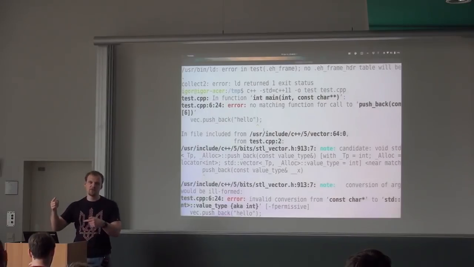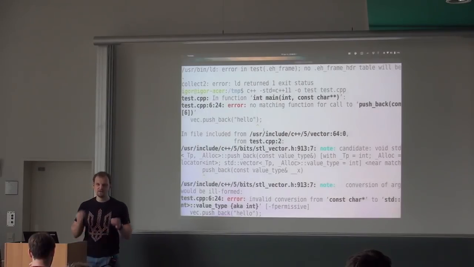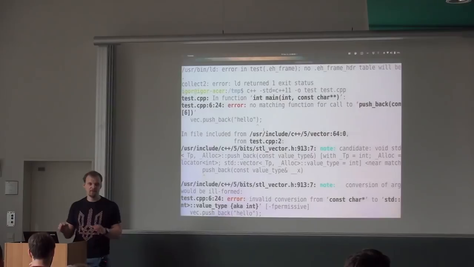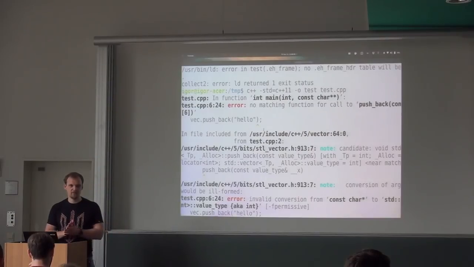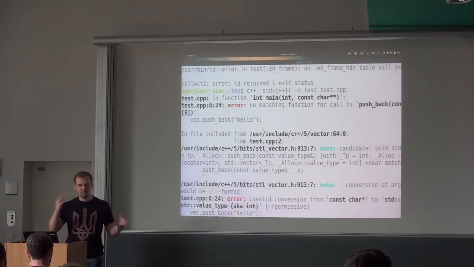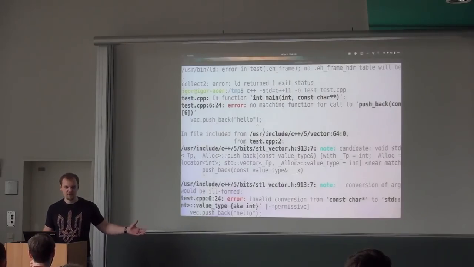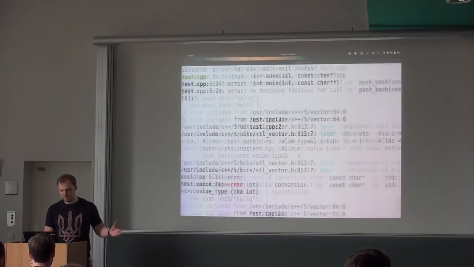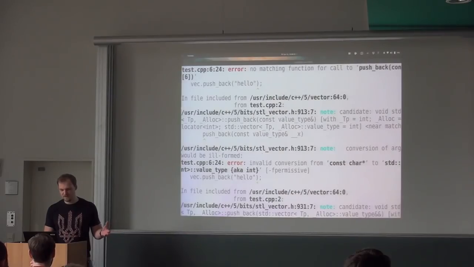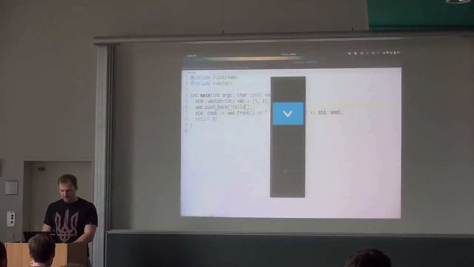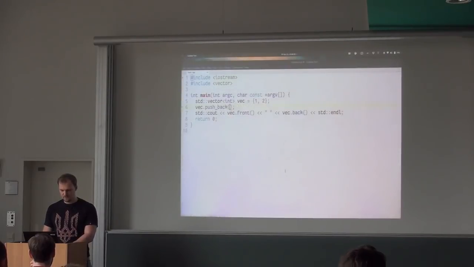Go to the topmost error, try to find out its cause, solve it, recompile. That's generally the way you're going to save yourself some trouble. So in this case, even though it's a bit bloated, it's kind of clear that the problem is in the push_back function, and if you read a bit further, it will actually tell you that it cannot convert from an integer to some other type. Good.